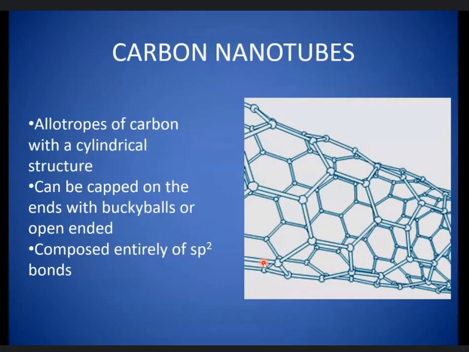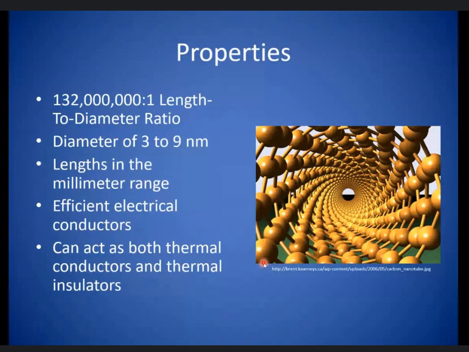And I'm giving examples. This is a carbon nanotube. This is an allotrope of carbon with a cylindrical structure, which can be capped on the ends with buckyballs or open-ended, composed entirely of sp2 carbon. This is carbon nanotubes, and there are various types. These are the properties: